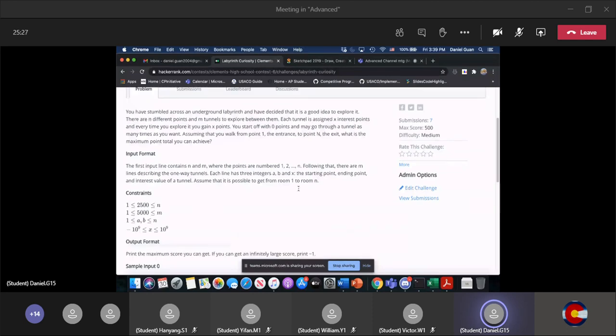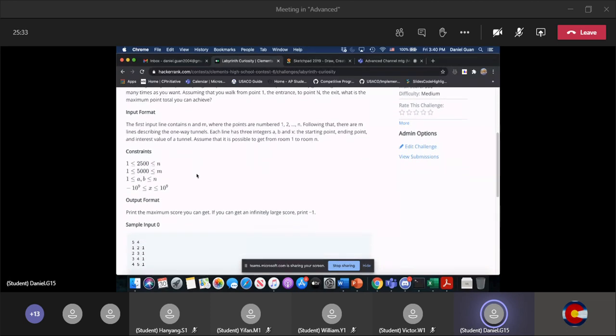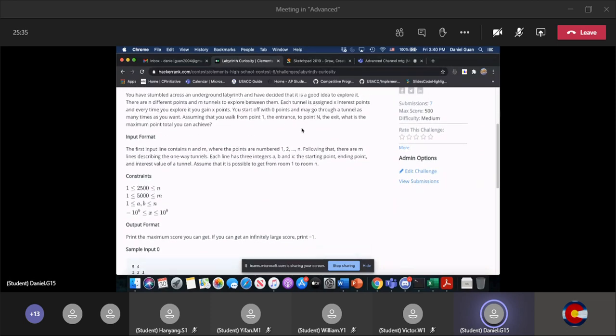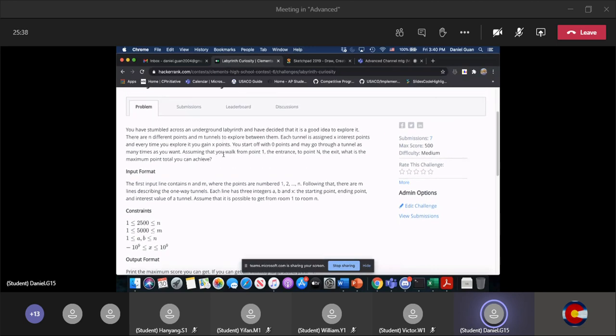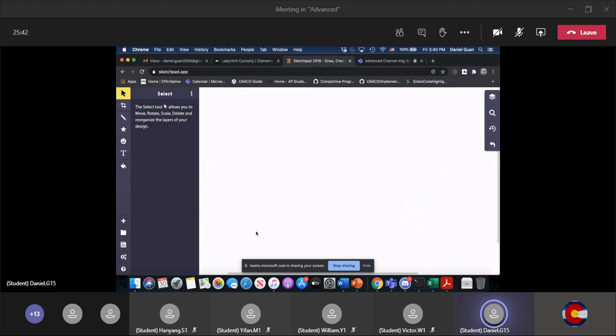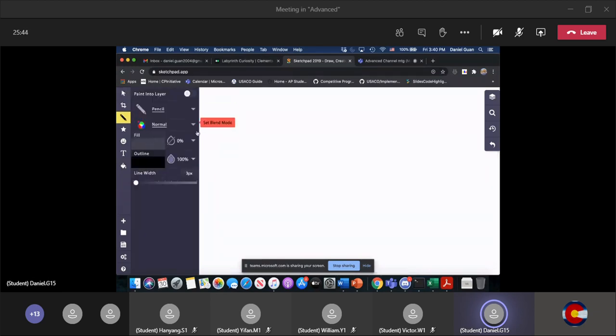This problem is a semi-standard Bellman-Ford algorithm problem. And so I'm going to explain Bellman-Ford first, and then I'll dive into how it applies to this problem. Okay, so Bellman-Ford is